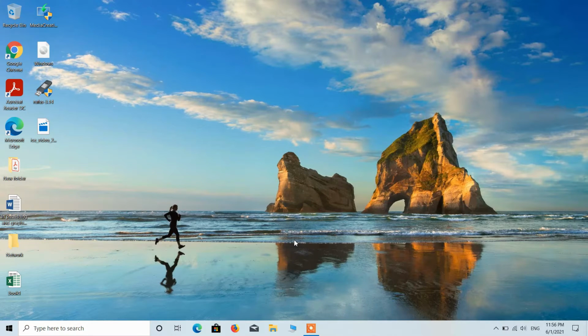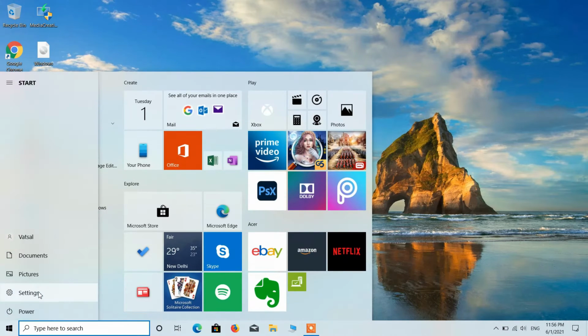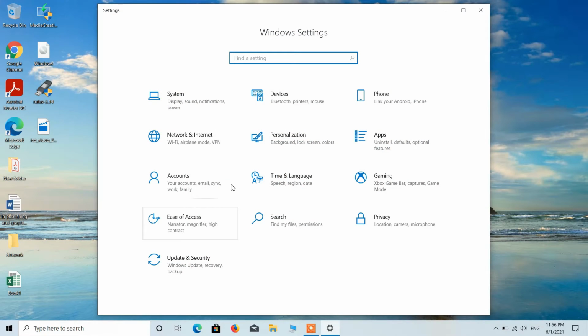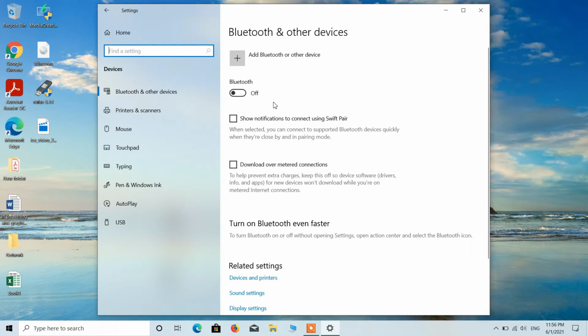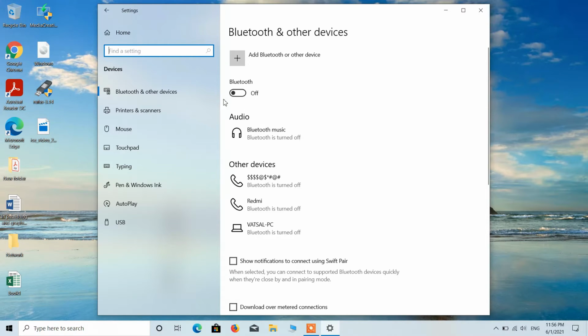So let's discuss the problem number 1, Bluetooth icon not showing in taskbar. So if you click on this arrow icon in the taskbar, you can see that the Bluetooth icon is missing. So to fix this issue, what you have to do is just click on the start button, click on this settings option, click on devices, and just toggle on this Bluetooth.